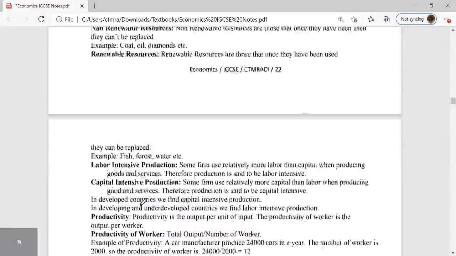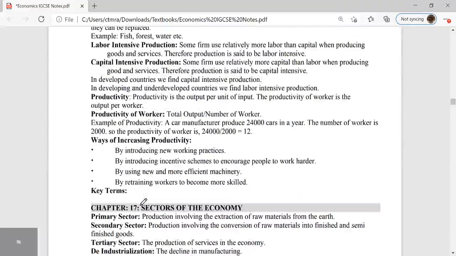Okay. So then there you can also distinguish your production into these two categories: labor intensive and capital intensive. So labor intensive is basically something that relies more on labor, and capital intensive production relies more on capital or machineries. Okay, so let's think about some examples like agriculture. Agriculture in our country, so it is dependent on